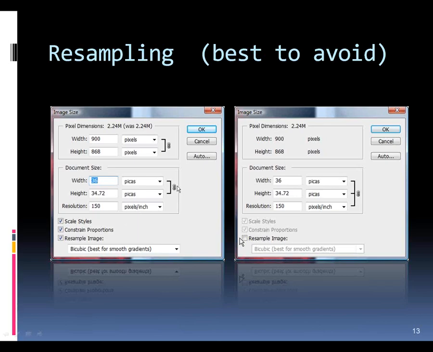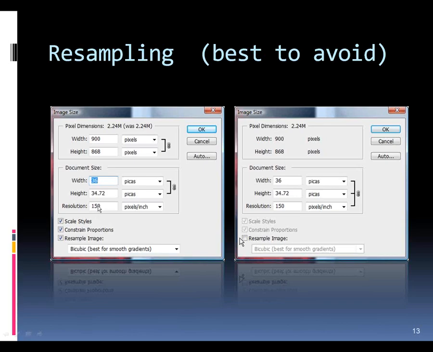Okay, what I'm showing you here is the image size dialog box in Photoshop, and what I'm showing is the number of pixels in the image and the size. This particular image is 900 pixels wide by 868 pixels tall, and it's 36 picas wide by 34 picas